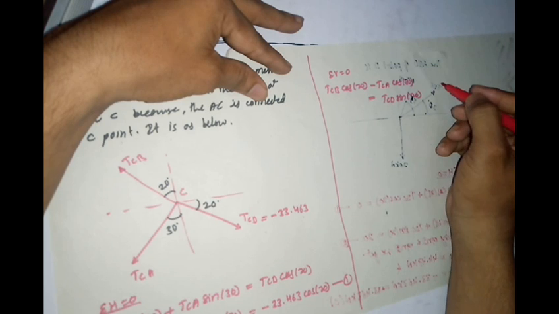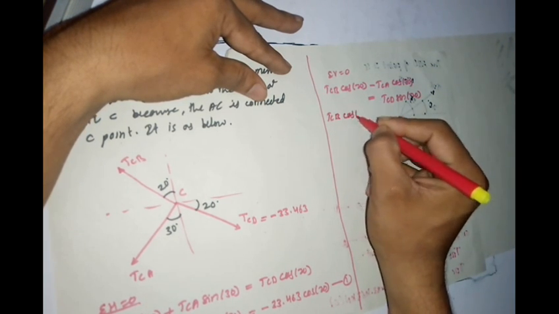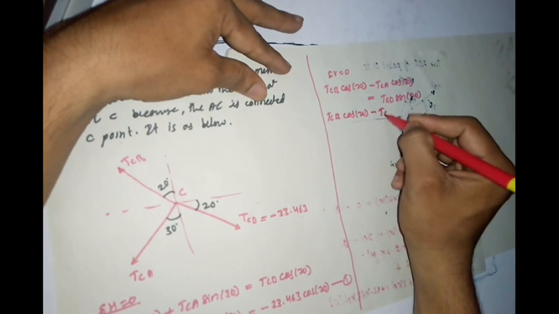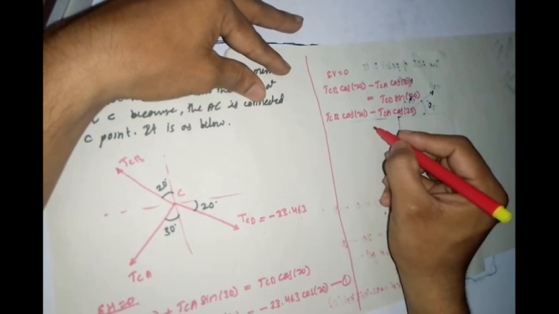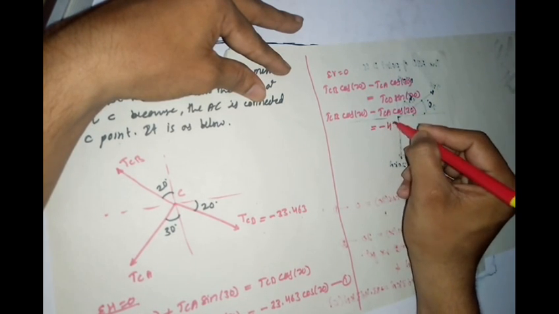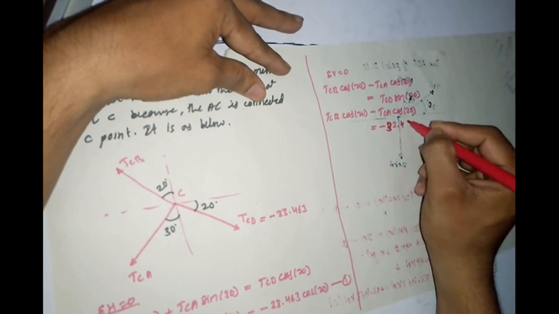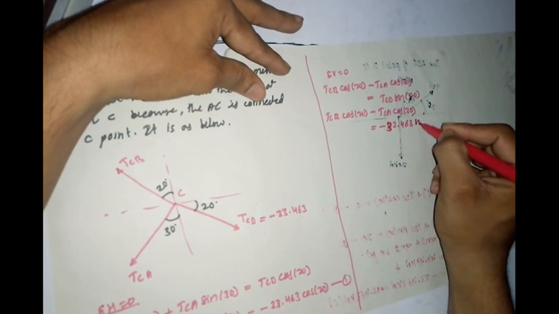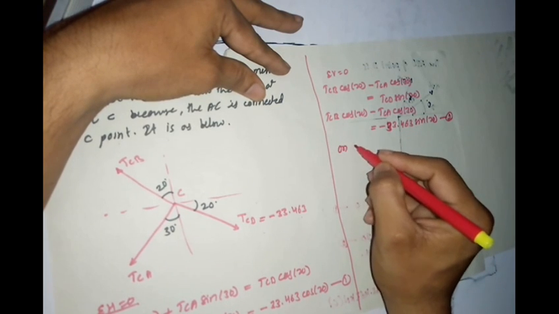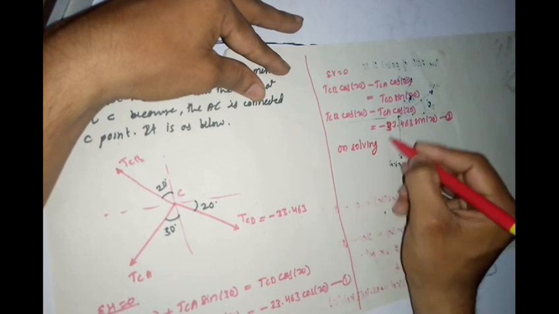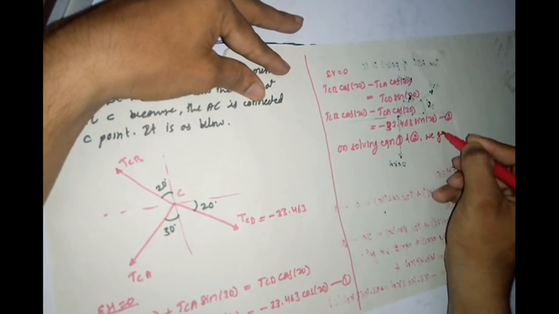This can be simplified to TCB cos 20 minus TCA cos 30 is equal to minus 33.463 sin 20. This is our equation number 2. From equations 1 and 2 we get